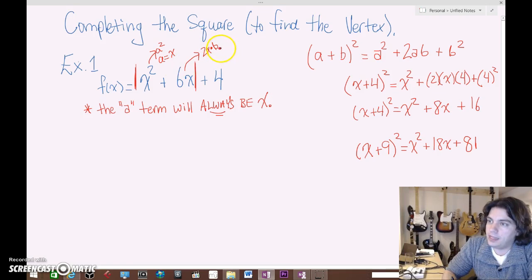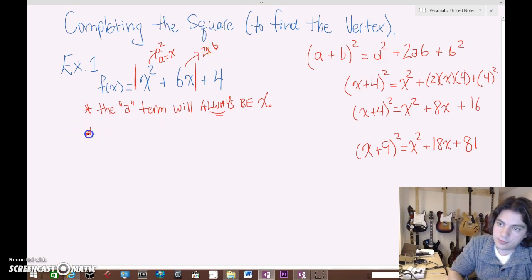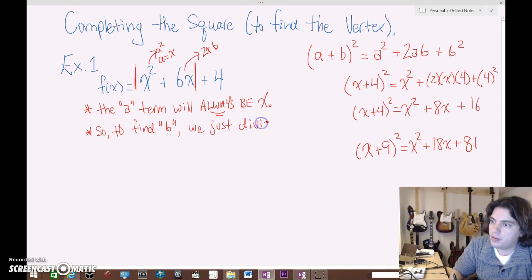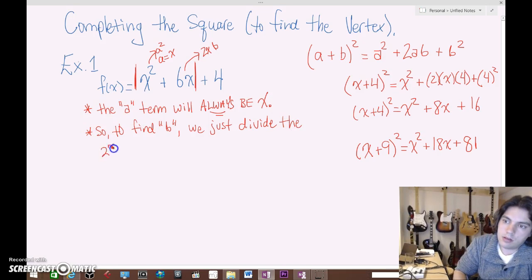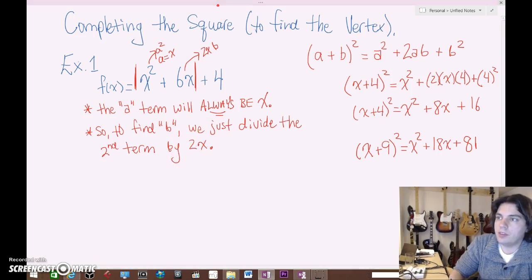So to find b, we just divide the second term by 2x. So in this case, we're going to get